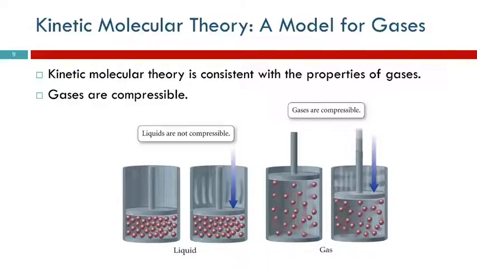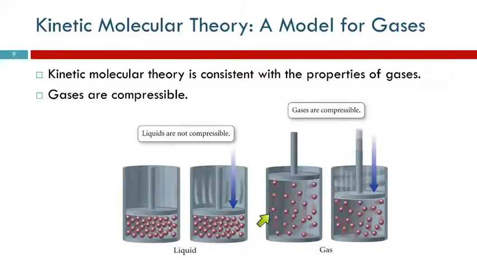We know that gases are compressible. If you put a liquid in a cylinder like this with a movable piston and press down on it, you can't compress a liquid because the particles are already as close as they can get to each other. This is why hydraulic brakes and hydraulic elevators and different hydraulic systems work: you can put pressure on a liquid in a tube and it doesn't compress. It will transfer that pressure to some other location, wherever the end of the tube is.